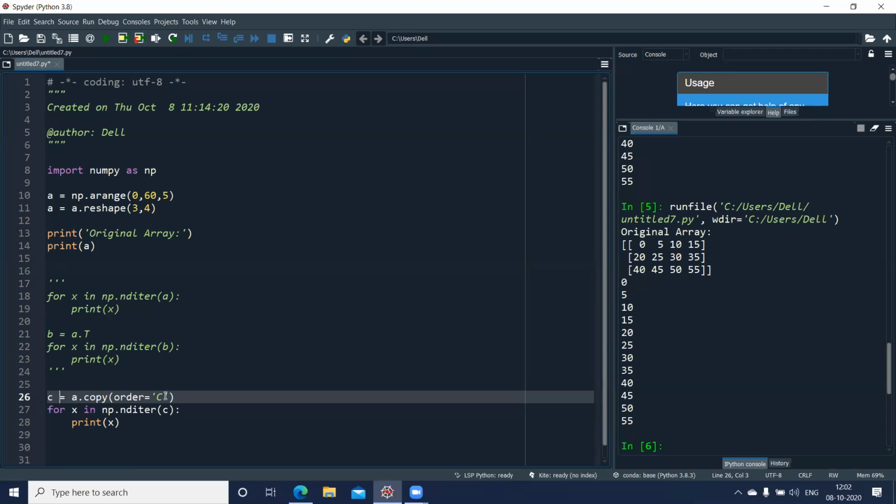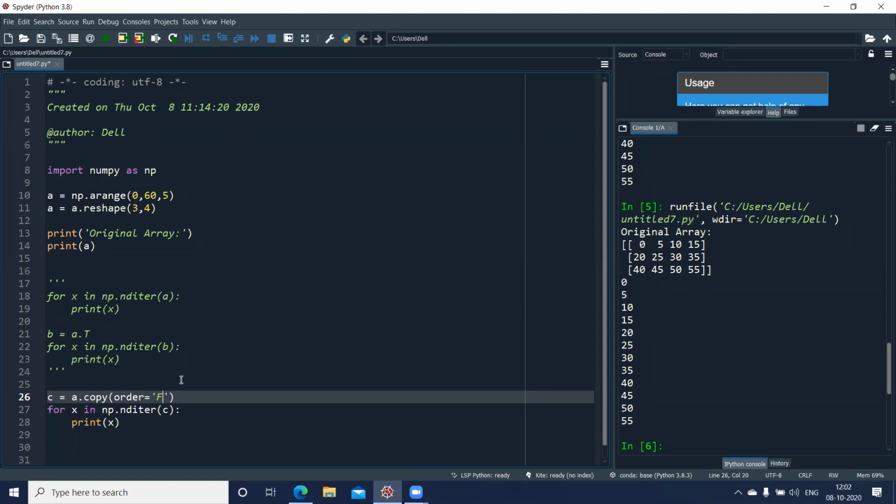Now I'll make a small change here. The other order is column order, which is given in Fortran style. F indicates the Fortran style. Fortran is one of the languages used for coding, and especially Fortran was very famous for handling numerical values, for more of arithmetic and statistics and so on.